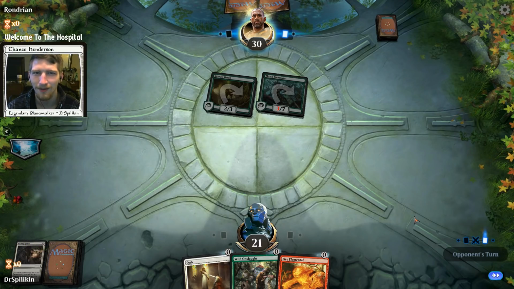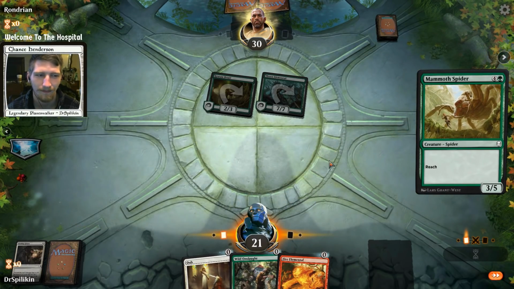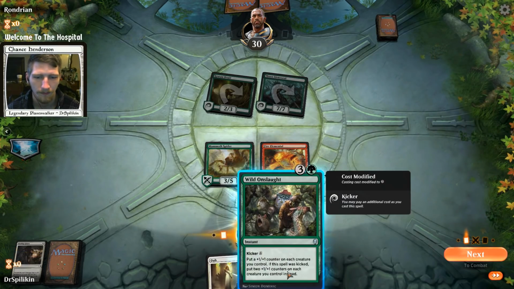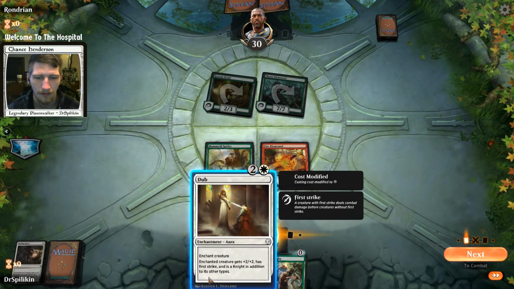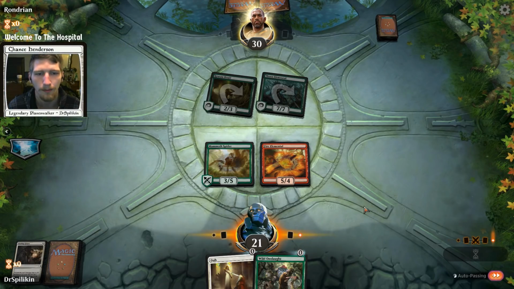Now what cards does he have? What kind of cards is he holding back? Probably some removal if I had to guess, right? So let's go ahead and throw down the Mammoth Spider. And let's throw down the Fire Elemental. Oh, you know what? That's an instant too. Let's just keep it as is. If he has some removal, I want him to go ahead and throw it. And we can always throw down Dub whenever our creatures are going to attack, so...